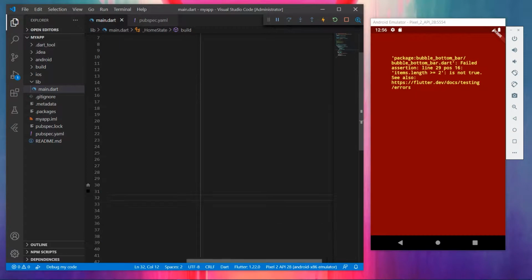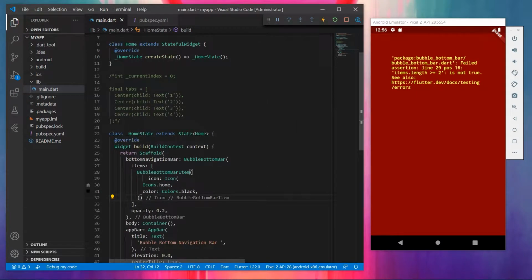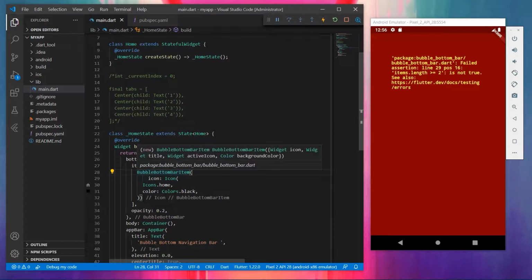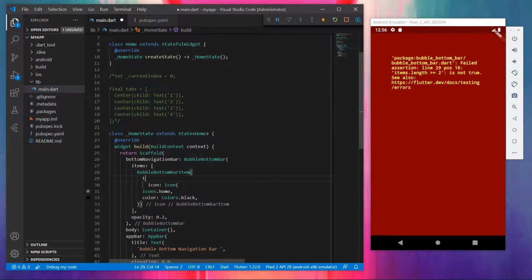We get an error because we have only a single item, and bubble bottom bar item has 4 properties: title, active icon, background color, and an icon. So we have already added the icon. Now we'll be adding the title. Title would be a Text, that is Home,